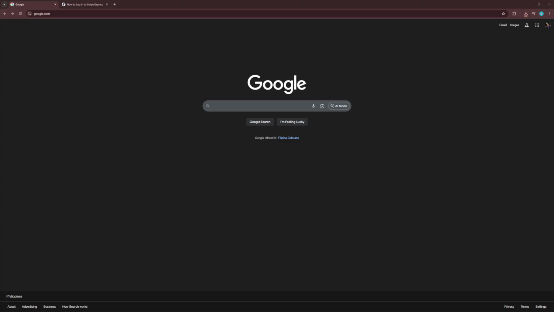Start by opening your preferred web browser. Any modern browser works well, and using an up-to-date version helps pages load securely and correctly. If you're on a shared or public computer, consider using a private window and be sure to sign out when you're done for safety. In the address bar, type